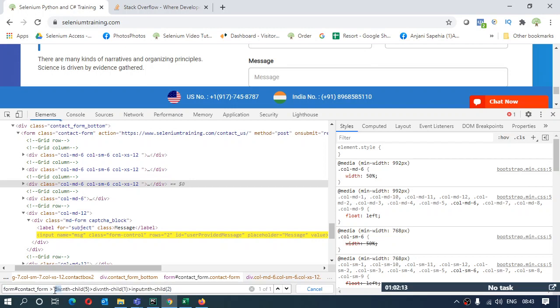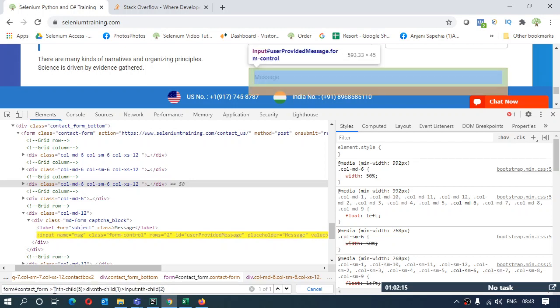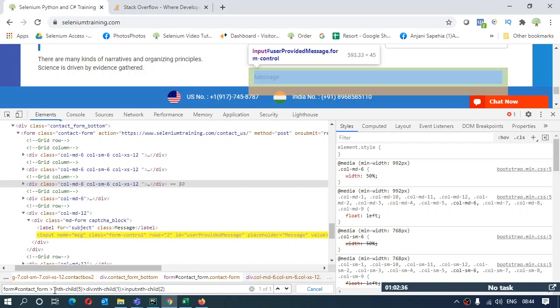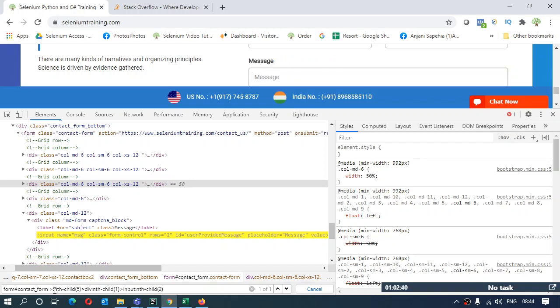Let's say right now I am having some label tag over here, but I didn't have any label tag between. I only have div tags. So you can see that none of the CSS selector is highlighting any element. Why? Because the tag name given is incorrect. So if you are giving it, give it correctly. Otherwise, no need to give it. Just let this be, your element is still highlighting.